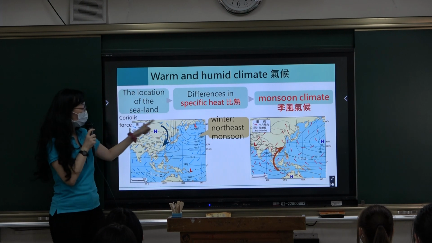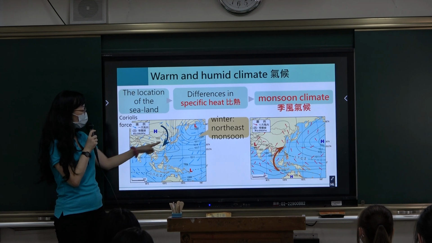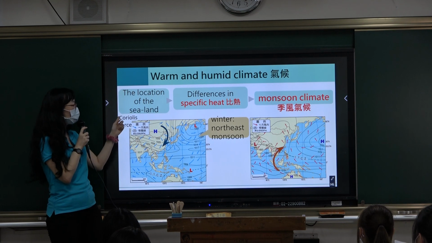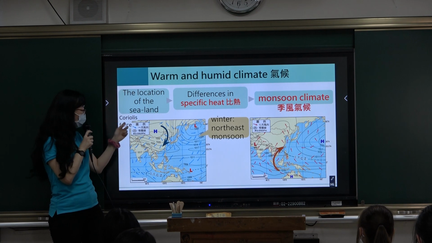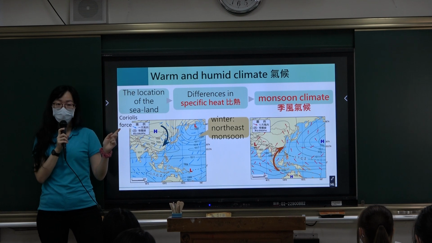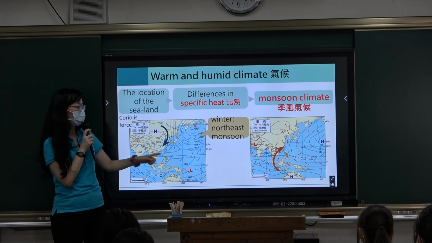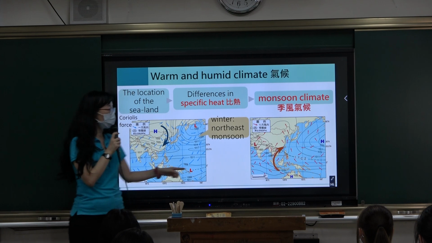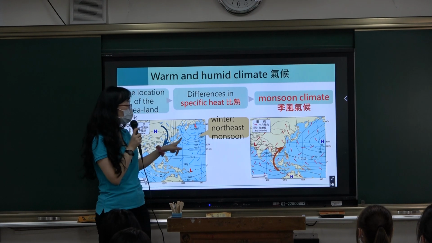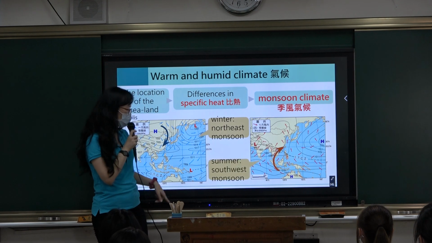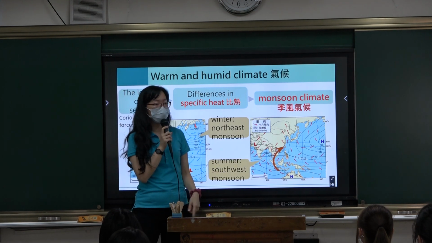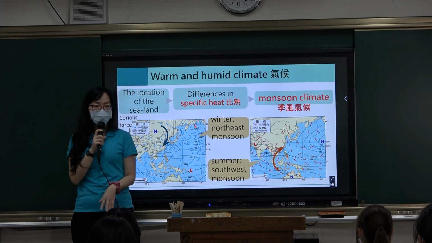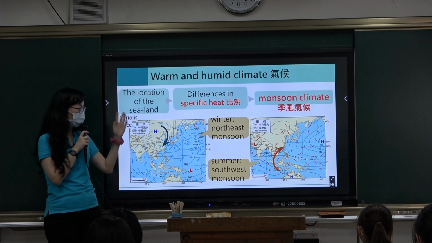Northeast monsoon, because it will change the direction. And in Taiwan it's northeast, because of the Coriolis force, so because of the deflection direction of the Coriolis force, it is the northeast monsoon in winter. And then how about summer? In summer, which kind of monsoon is it? Yeah, southwest monsoon wind. So that's the reason why in Taiwan we have different kinds of monsoon in different